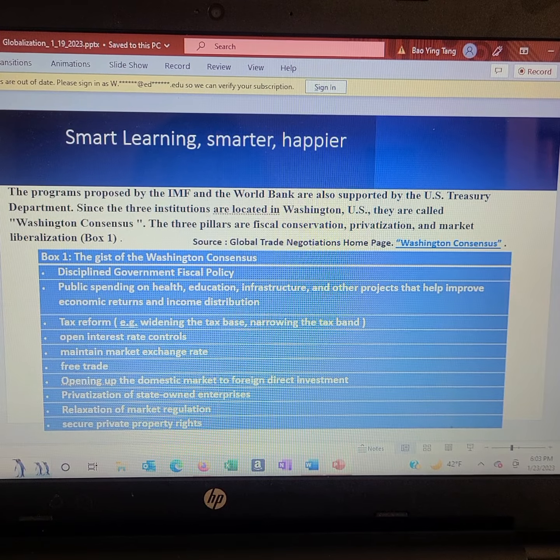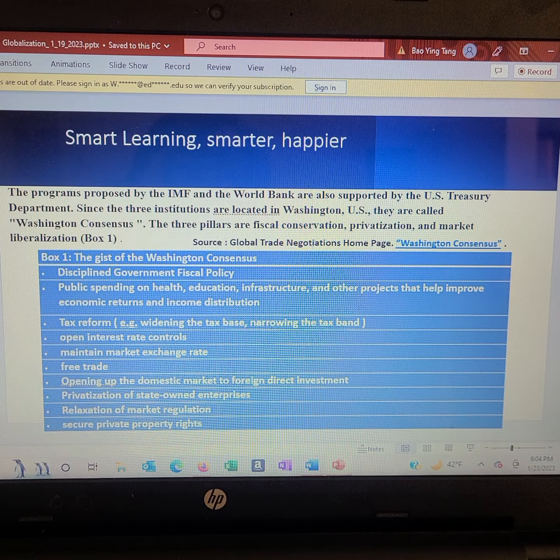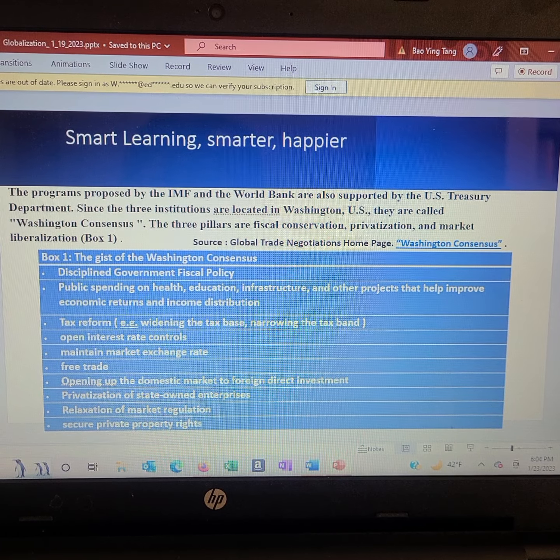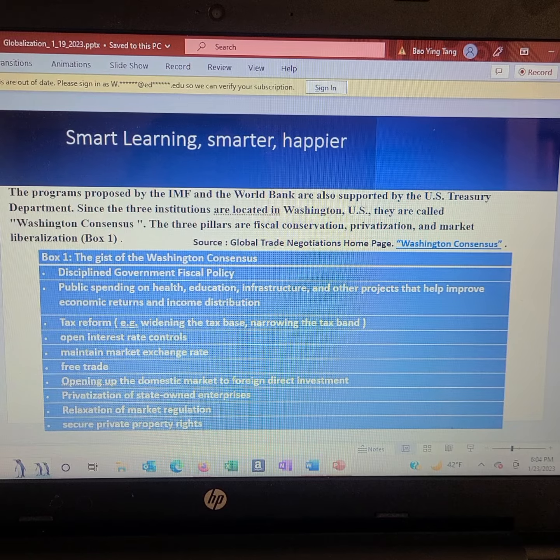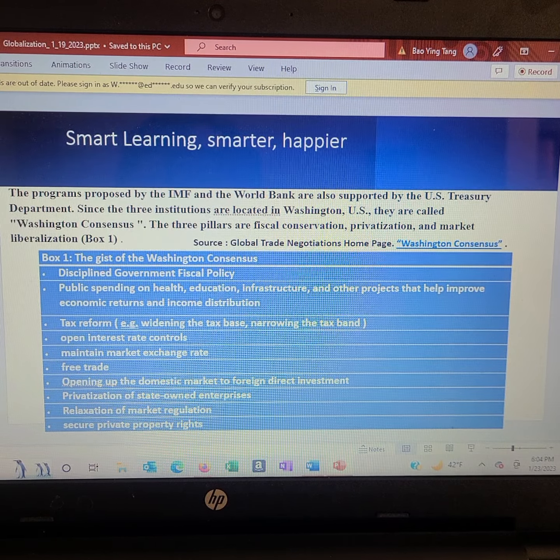Box 1 shows the gist of the Washington Consensus. It asks governments to discipline their fiscal policy. It also asks countries to spend more on public health, education, infrastructure, and other projects that help improve economic returns